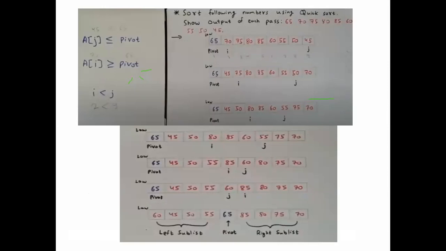First you choose the pivot number. Here the pivot may be the first element of the array. Some elements are there in the array. The pivot may be the first element of the array or the middle element of the array. In the given array, you can choose any pivot number, any pivot value.